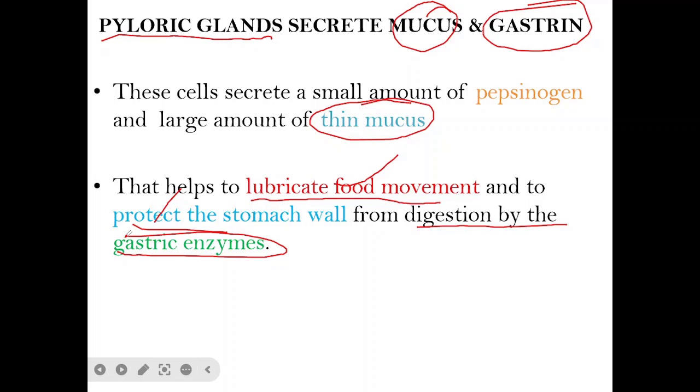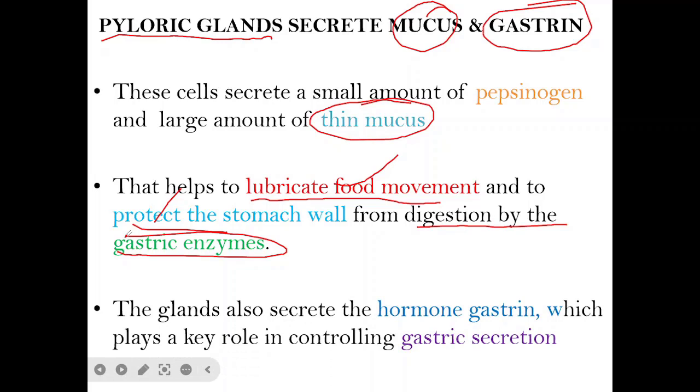ሌላኛው ጥቅም the gland also secretes the hormone gastrin which plays a key role in controlling gastric secretion. You see, in addition to digestive, in addition to mucus, the pyloric gland synthesizes gastrin, and this gastrin is important to regulate the production of gastric secretion. gastric secretion በተለይ ሃይድሮክሎሪክ አሲድ ፕሮዳክሽን ሆርሞናሊ ሬጉሌት የሚያደርግልን ሆርሞን ነው። የት የሚመረት? ስቶማካችን ውስጥ። We will see in detail about this secretory cell inside the stomach የሚሉትን ከጂ ሴል ነው።